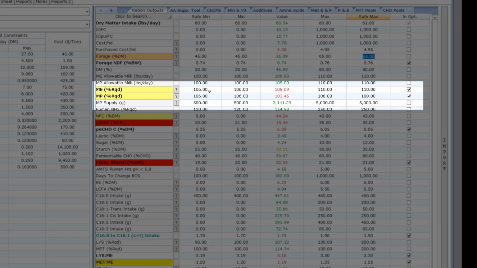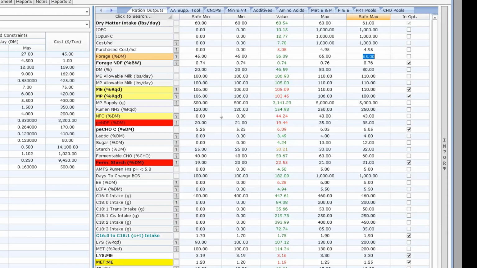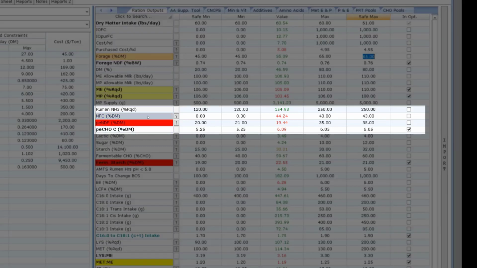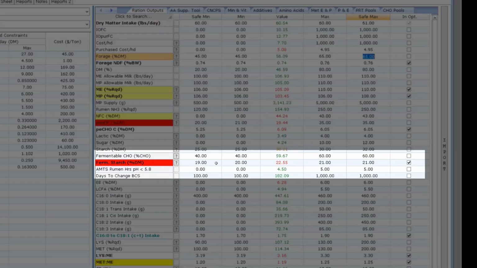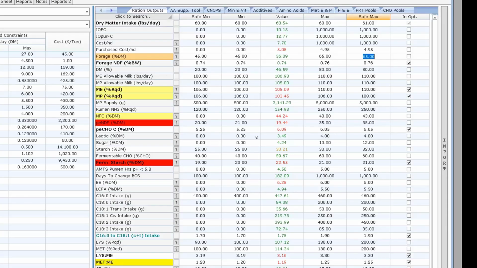The red one here, PENDF, I've got it color coded so that if it's less than 20, it shows in red. Fermentable starch, if it's greater than 21, it shows up in red. So they're just there to give you quick guidelines as to what is and what isn't within your comfort zone.